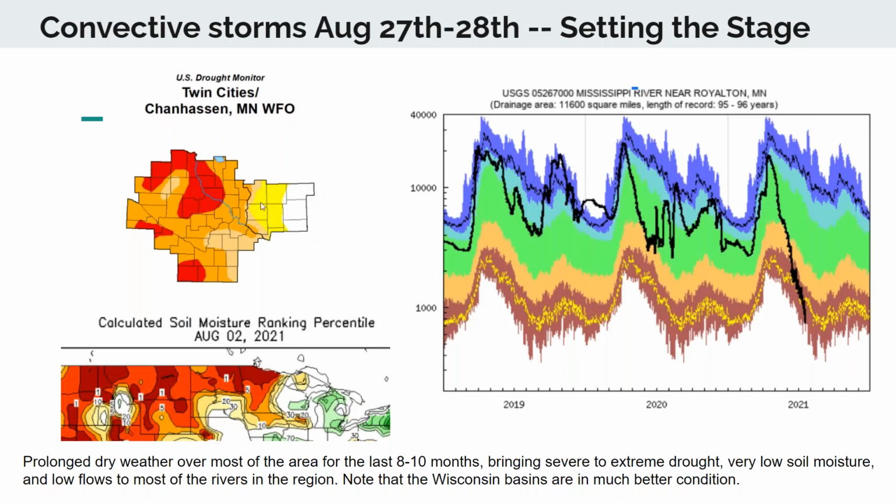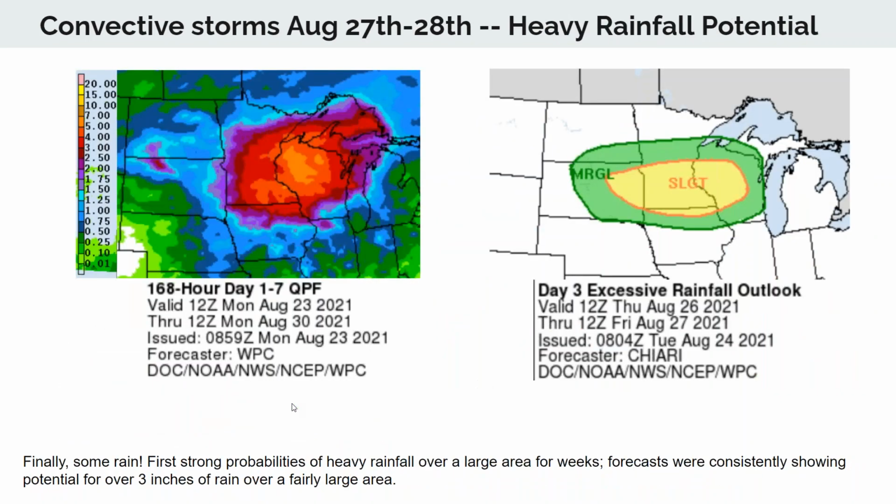CWA, we actually were not in a very severe drought, as for one reason or another, we had gotten pretty good precipitation in Wisconsin through the summer, and it was kind of funny. It was right along the state border, a rare instance of meteorological and geopolitical boundaries matching up. So we'll see a difference as we look at some of the examples coming up of how things resulted in Minnesota versus Wisconsin.